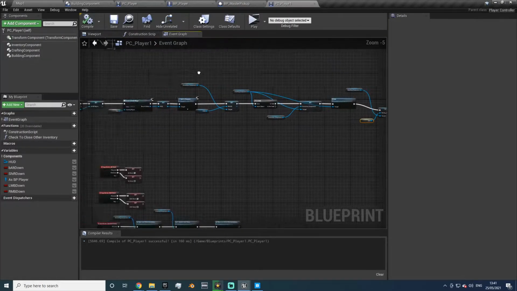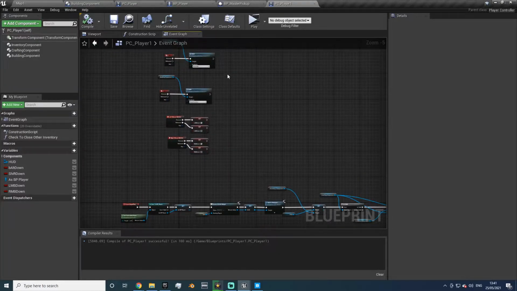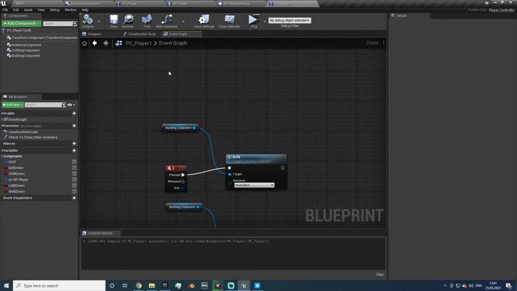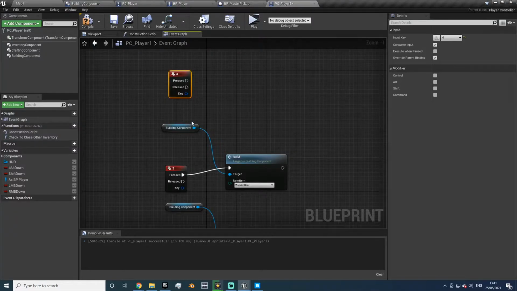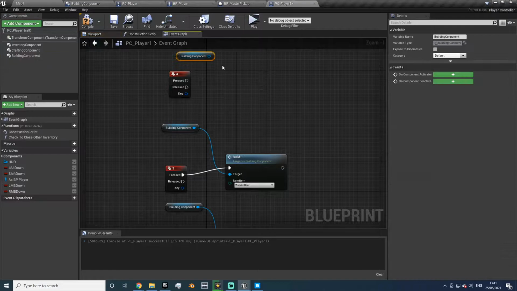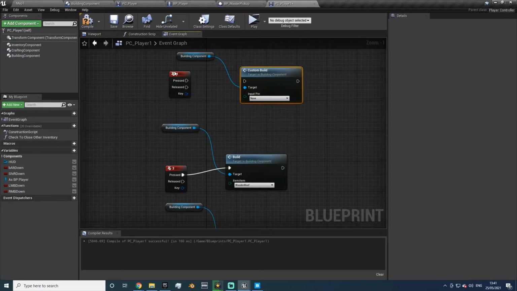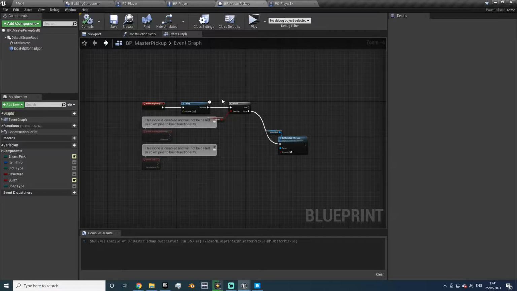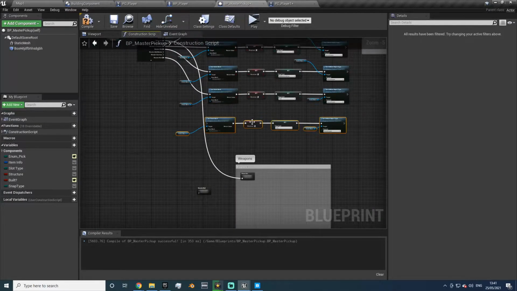Okay, so compile, and just for the sake of showing you how it works, in the player controller, which we're using player controller 1, because I was showing you how dynamic it is, up here, we'll do 4, and then we'll get the build component, and we'll call custom build, and we're going to use the wooden fence. Alright, so let's add that to the BP master construction script, duplicate this,